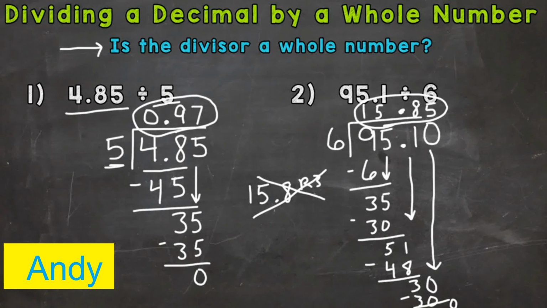Now, some problems require you to place multiple zeros on the end, and some decimal division problems never end. So there's a whole bunch of situations out there, but as long as you know that you can place a 0 on the end, bring that down in order to continue the problem until you get a clean cut 0 there. So 15 and 85 hundredths again is the answer to number 2 there, and that is how you divide a decimal by a whole number. Key points here: check to see if your divisor is a whole number. If so, bring that decimal straight up and go through your division